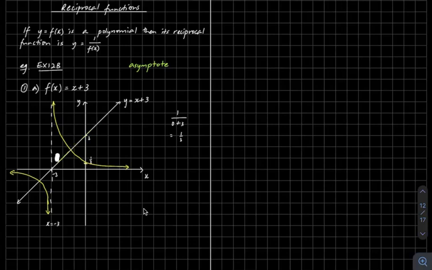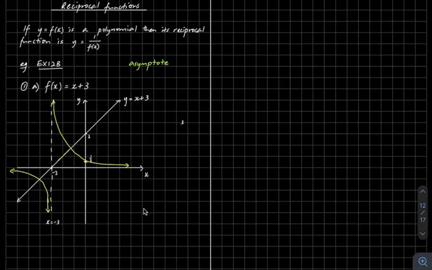If I can get rid of that one without deleting the whole thing. No, didn't think so. Alright, so there's our original function x plus 3, and also our reciprocal function y equals 1 over x plus 3. Alright, so what we're going to do now is consider some general features, the things that we talked